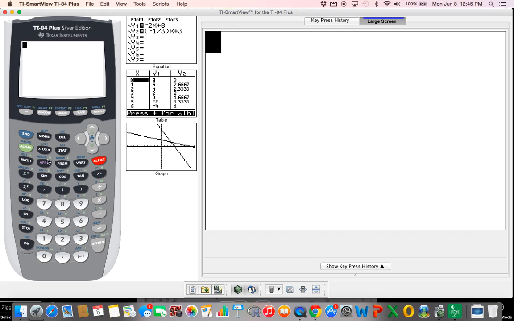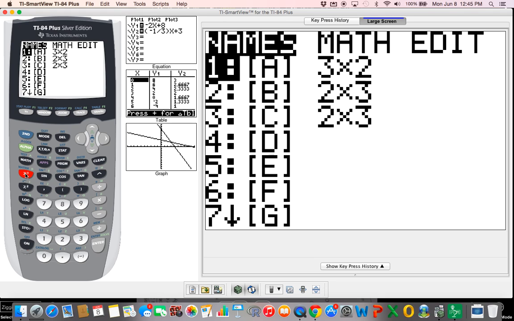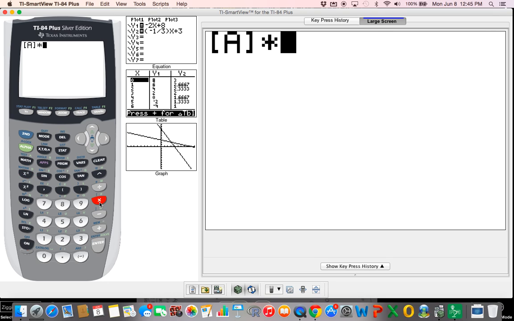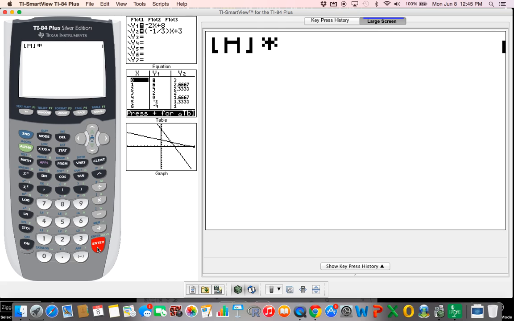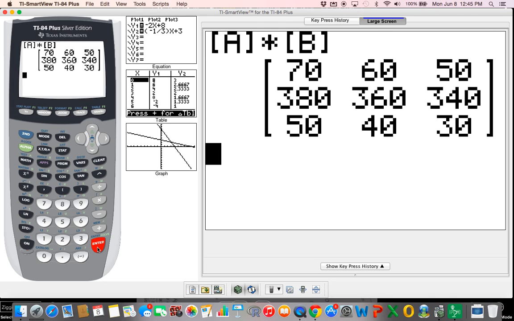Now, what is relevant? Let's do A times B, which is the M times N. We know we're going to get what? A 3 by 3 matrix. So A times B. So guys, we know from what we saw earlier that for example, I concentrated on that center number, 360. So that would be the number of carbohydrates in mix Y. Because again,